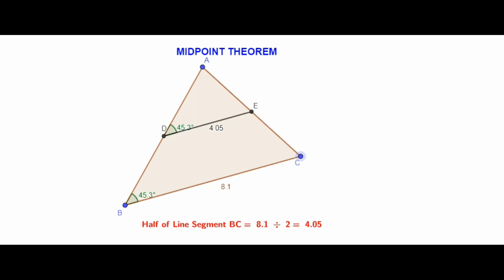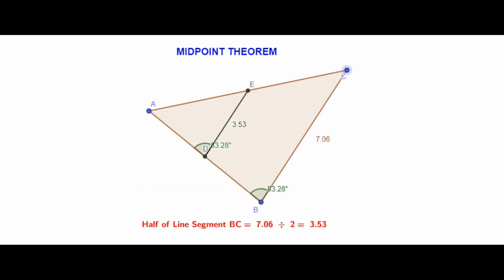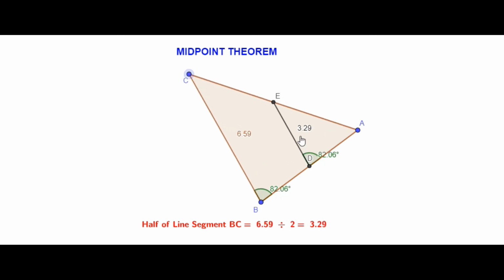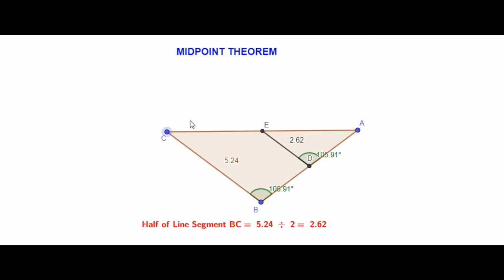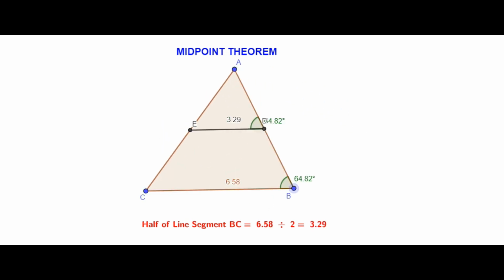6.56, 3.28, exactly half. So whatever kind of triangle I take, the orientation of the triangle could be anything. If I take these two sides AB and AC, I've taken the midpoints of those two sides. Now it is still parallel to the third side, and it is equal to half of it, whatever kind of triangle I take. So I can take this here, I can take this here, and you see now that it is parallel to the third side. So you can rotate the triangle whatever way you like, and you are always going to get the same result.